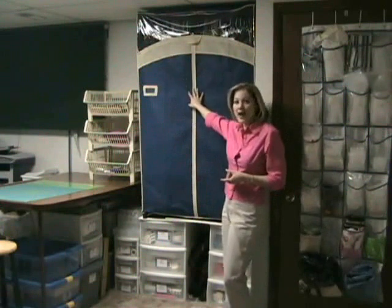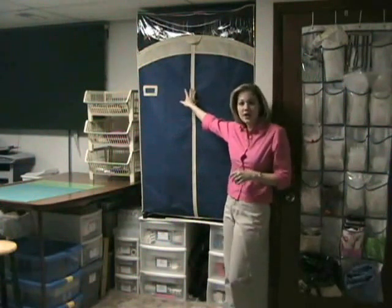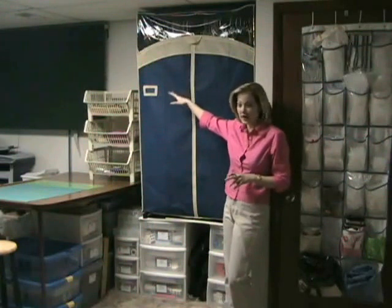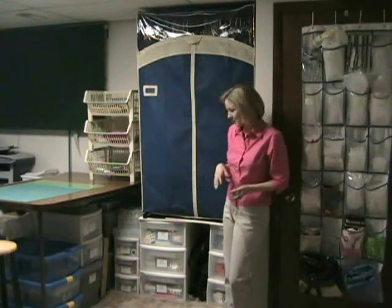Every sewing room has to have a closet, in my opinion anyway. And so I can store fabric on here that I've just pressed, store it on hangers if I want to. It keeps it clean in here. I can also store garments in here that I'm currently sewing. Because I want to take up and use up every ounce of space that I have in my sewing room,